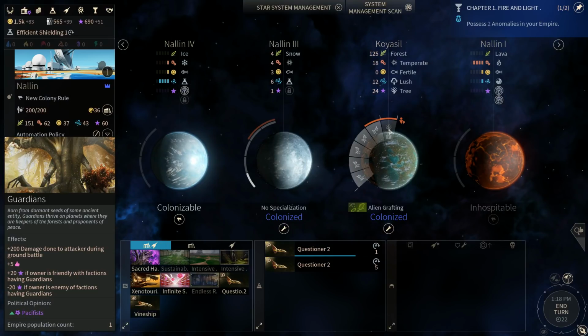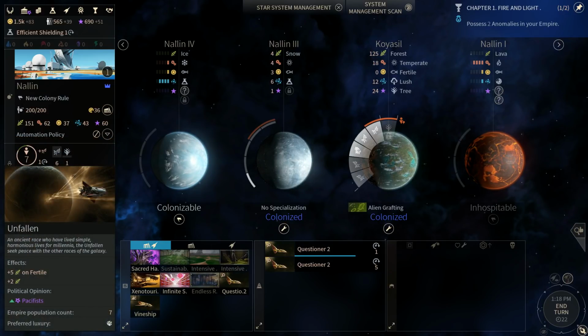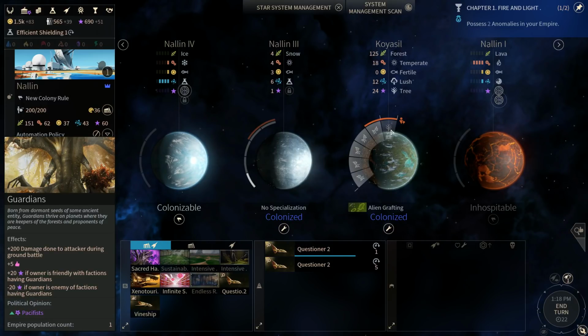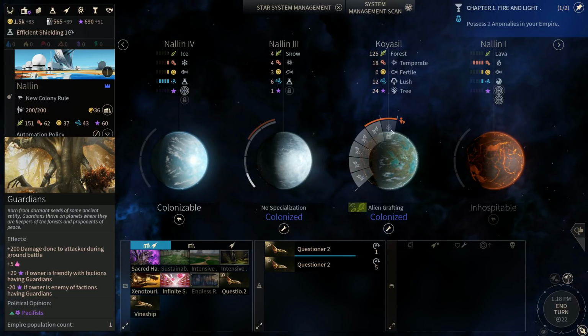Born from the dormant seeds of some ancient entity, Guardians thrive on planets where they are keepers of the forest and proponents of peace. So these are like the Hurons, right? They're different from the Unfallen themselves. And we can find them all over the place. And they are hugely useful. They do 200 damage to the attacker during ground battles, so if somebody tries to invade us, they're super good on defense. They give us a little bit of extra happiness, and they give us a huge amount of influence if the owner is friendly with factions that have Guardians. Since I'm kind of usually the only faction that has Guardians, it's a good sort of prod. If there's a Guardian on your world, you want to be friendly with the Unfallen. Otherwise, they get pissed and lower your